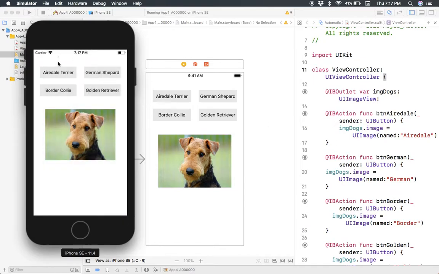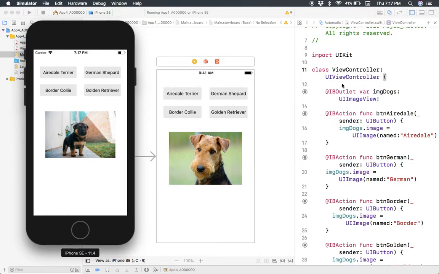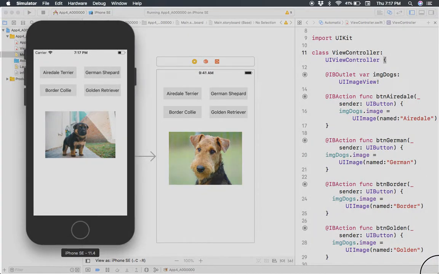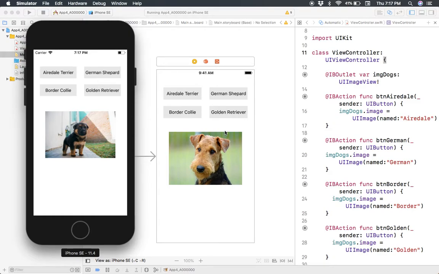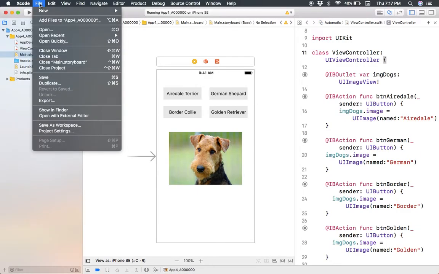So our app runs. Let's try it. There we go. It changes the images perfectly. Now we have to take a screenshot of our code visible, our view controller, and our emulator for the homework. We can click Command Shift 4 and click and drag the whole screen. There we go. And we can close the simulator, save this, file save,